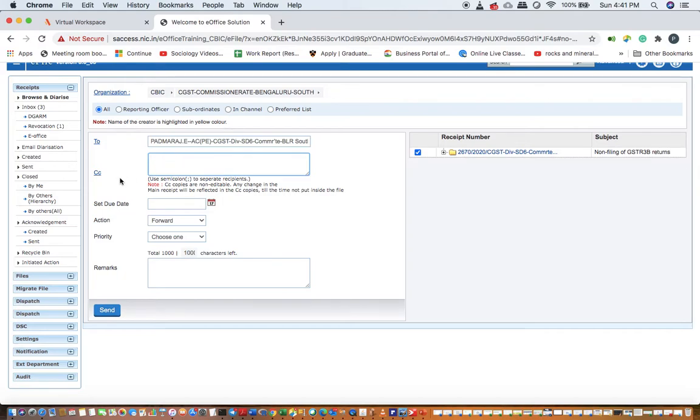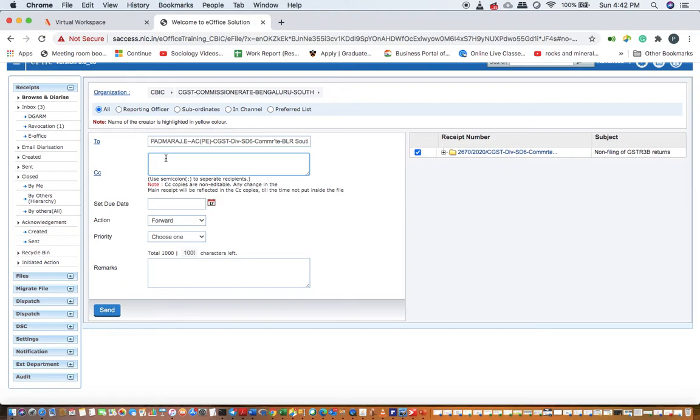Now whom am I putting as CC? A CC was also marked to the range officer in the letter itself. So I'll put the range officer's name also here. If you have received two different letters, you can mark one to the superintendent and one to the assistant commissioner.